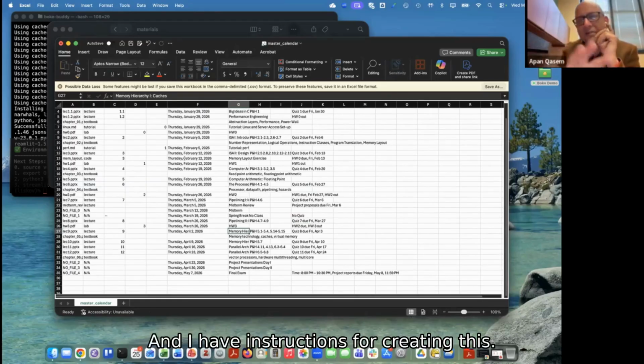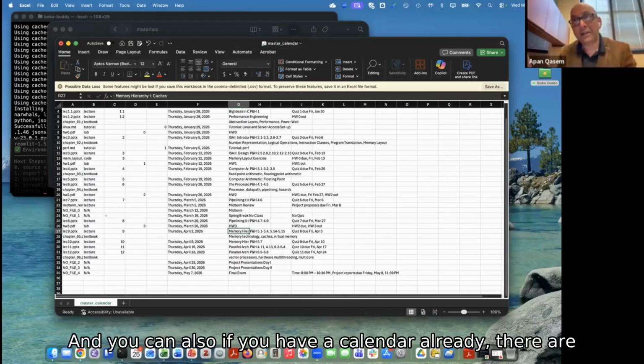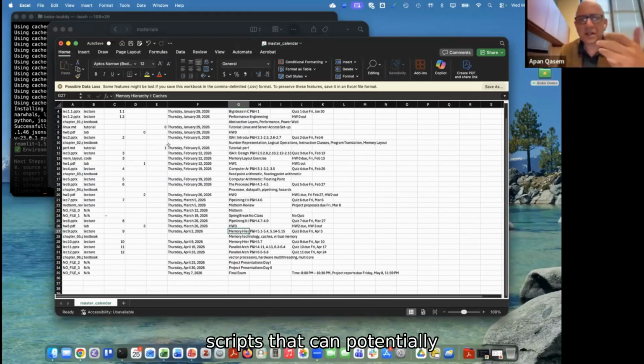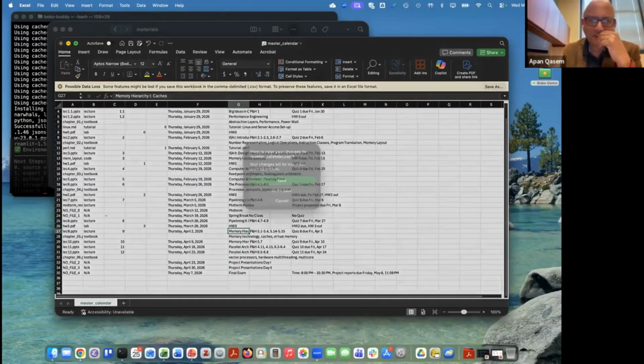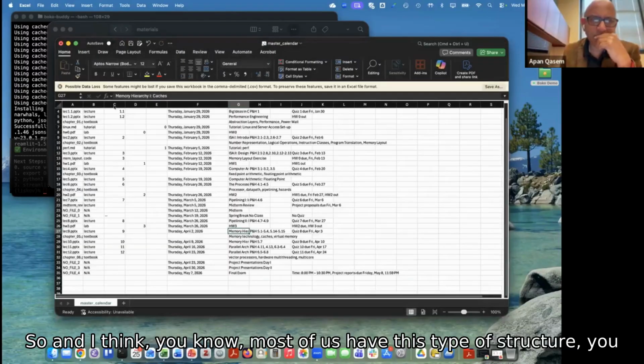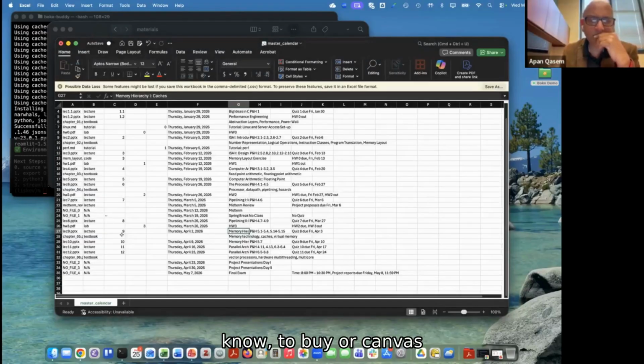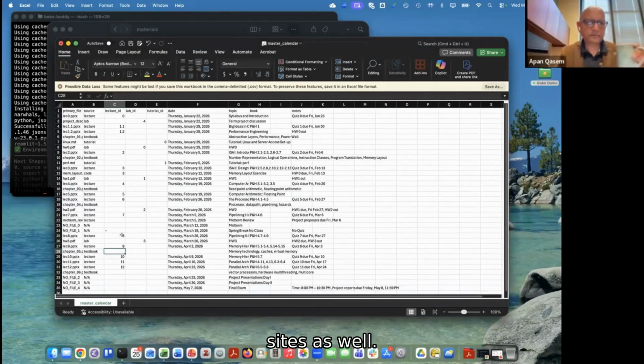I have instructions for creating this, and if you have a calendar already, there are scripts that can potentially generate this as well. And I think most of us have this type of structure in our Canvas sites as well.